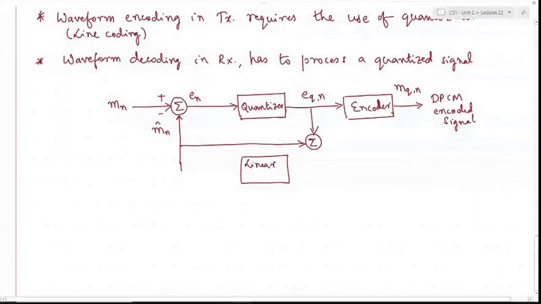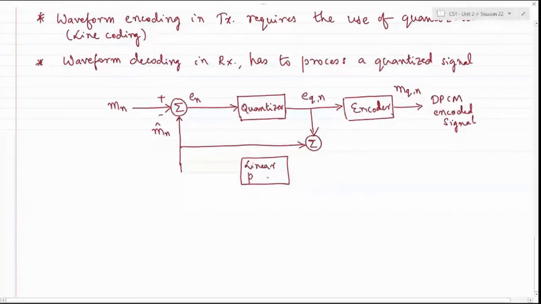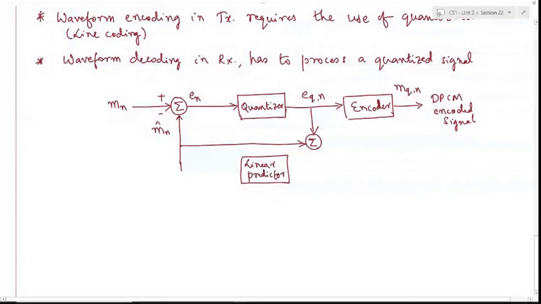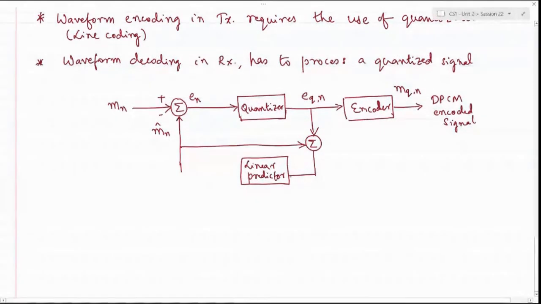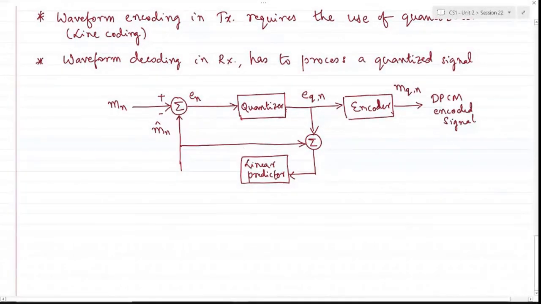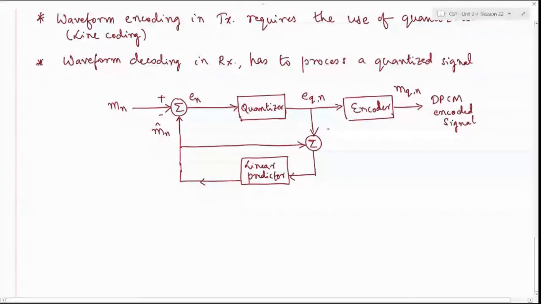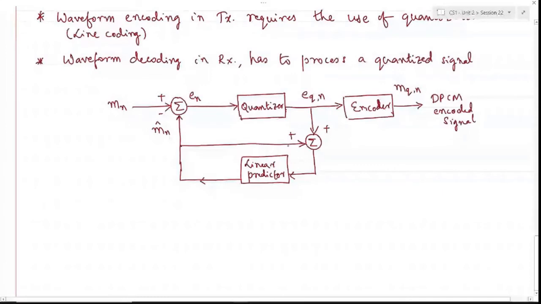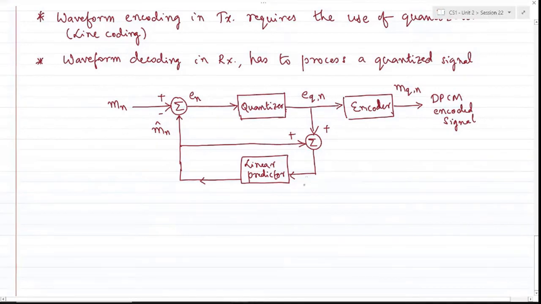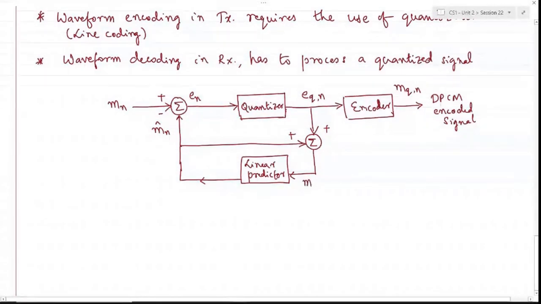Okay, don't worry, you'll understand this. This is your linear predictor. The linear predictor actually performs the prediction not on the message signal, but on the quantized sample, which gives you a prediction back to the system. And obviously, this is a comparator, this is an adder, as you can see. The input of the predictor is not simply the sample m_n. The input of the predictor is the message sample, but it is a quantized sample,